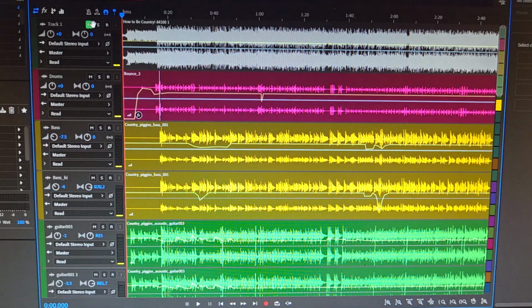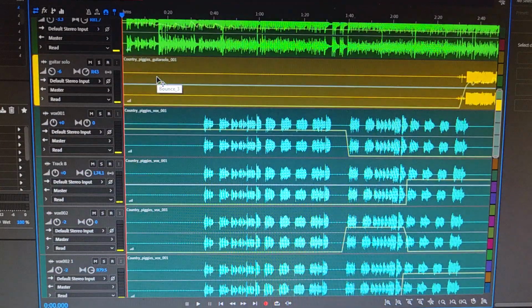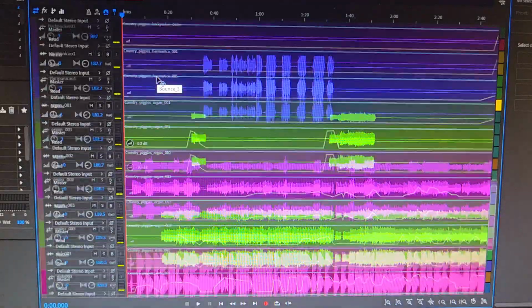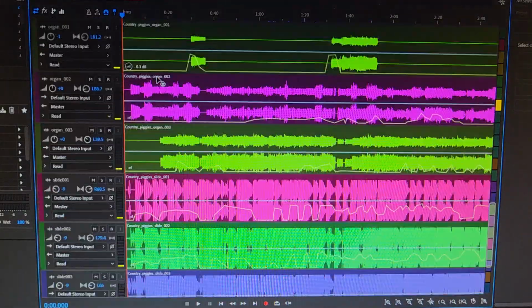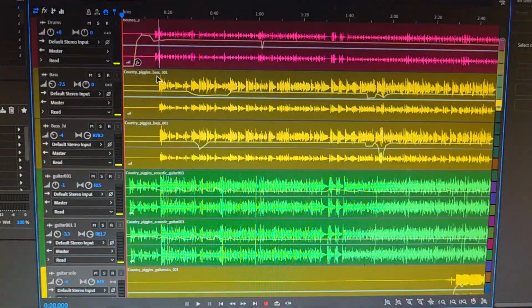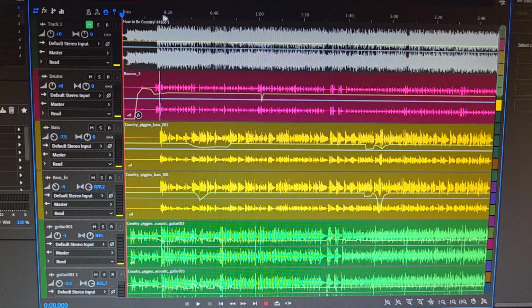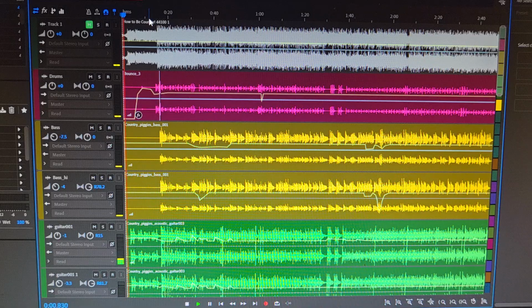So I thought it would be fun to take a look at the music file. This is Adobe Audition, and take a look at the music and the audio tracks and then separate them out or listen to them individually. So if I hit play,